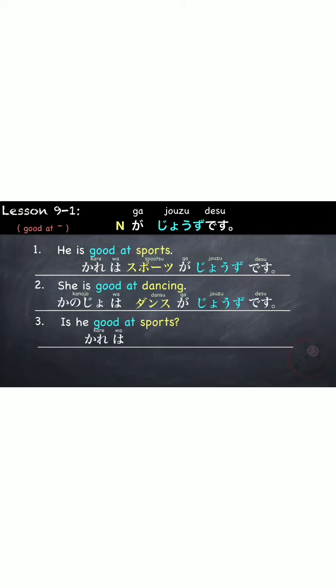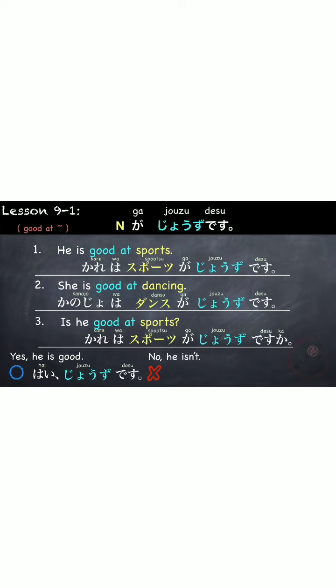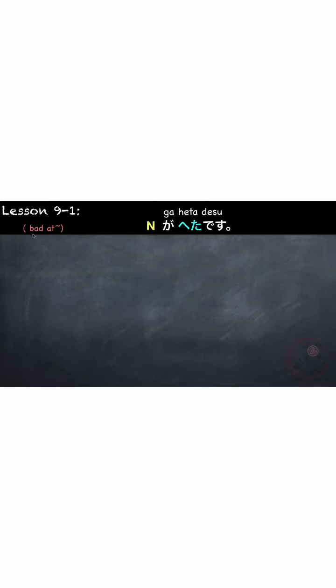Again, our subject is 彼は then followed by the noun スポーツが上手 and then our question marker ですか? 彼はスポーツが上手ですか? Yes, he is good. はい、上手です。No, he isn't. いいえ、上手じゃありません。So the negative form of 上手 is 上手じゃありません。